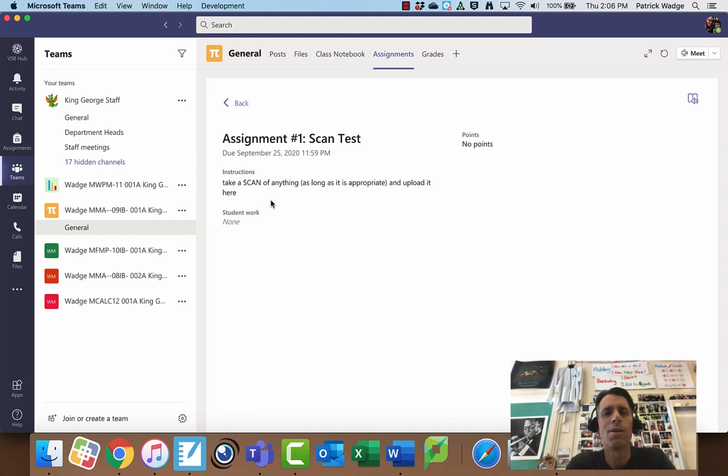But ideally, we would all learn how to scan, because with the scans, they come in the right way up, and I can change the size and see it all, and it's clear, and I'm happy when I mark your assignments. Now think of it. Do you want your teacher to be annoyed when they mark your assignment? Not happy with this work? Or do you want them to be like, oh, what a breath of fresh air. I think I'll give a little extra help on this question. You know what I'm saying? It's in your best interest to learn how to scan, people.